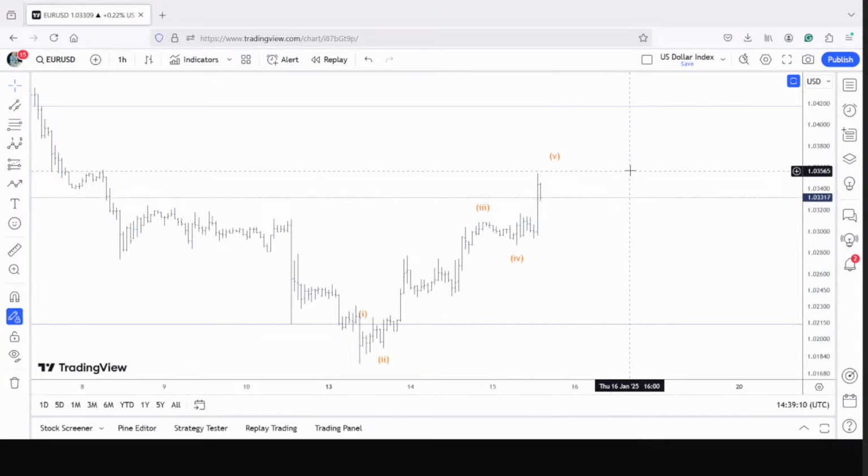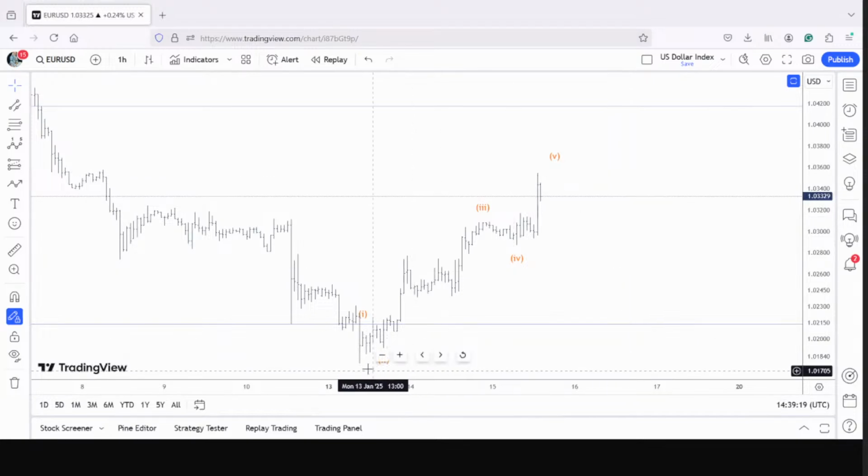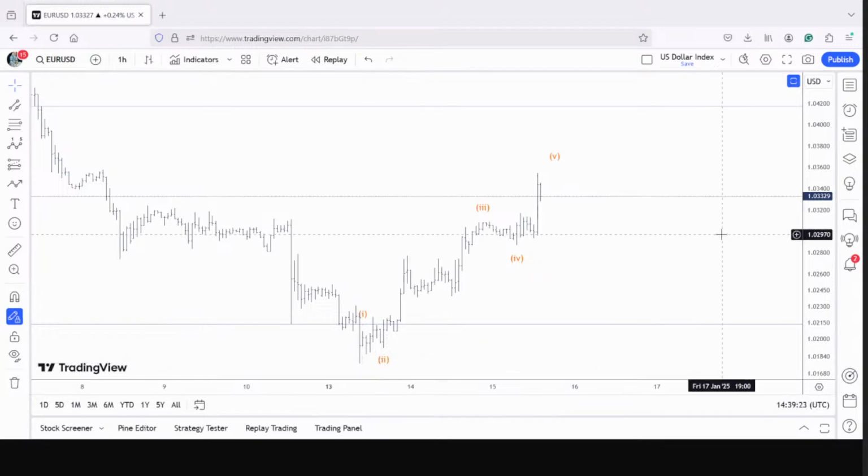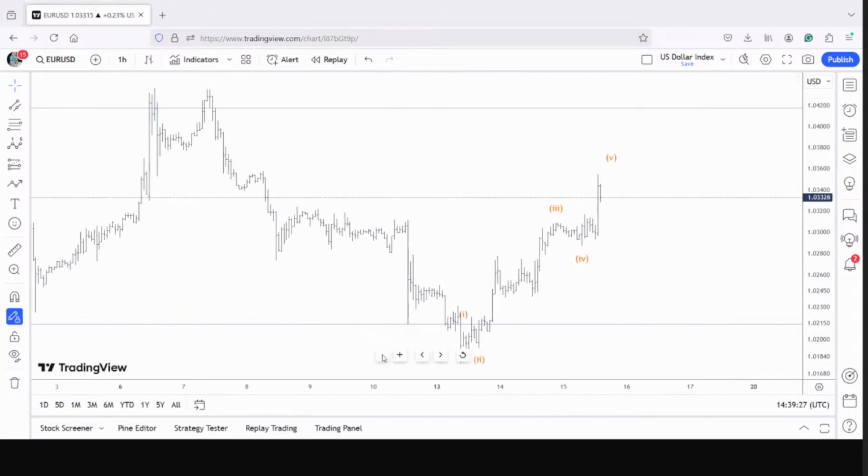The idea is, okay, one more thing, please. If you are positionally long, there's nothing to be done. Just place your stop loss around 1.01 and forget about it. On each retracement, you're going to add positions like what we've done earlier.